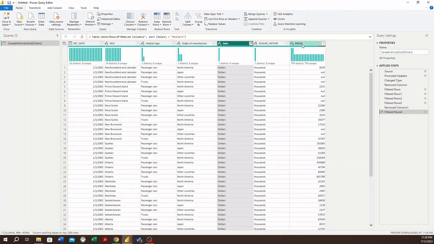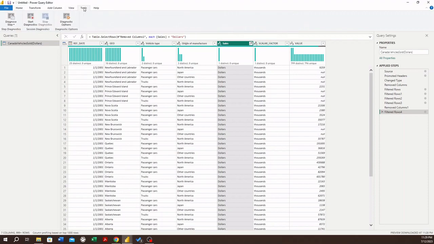So we have value here, and we can see that the scalar factor for dollars is in thousands. So that means this is a round figure. This is in thousands. So that means we need to multiply this value by 1000 to get the actual dollar value. So I'm going to change this column by multiplying that column with a value 1000. So for that, I'm going to go to the ribbon tools, transform,